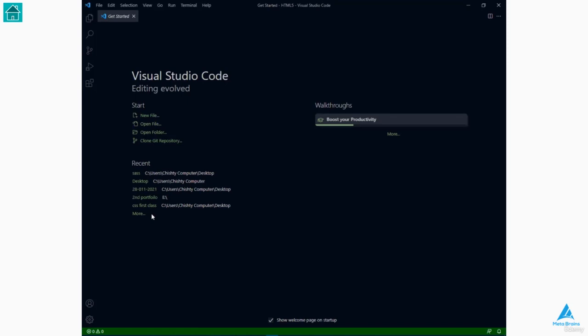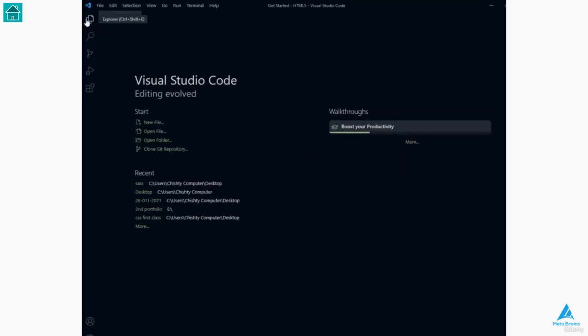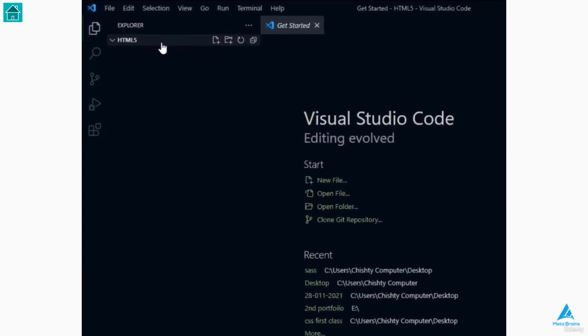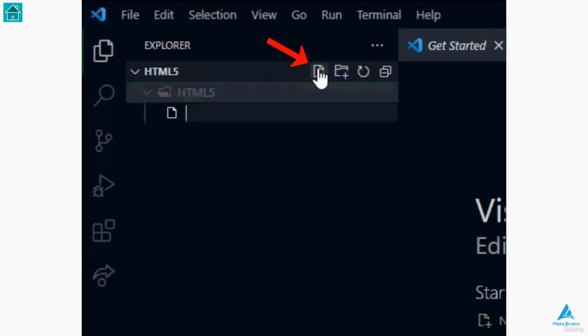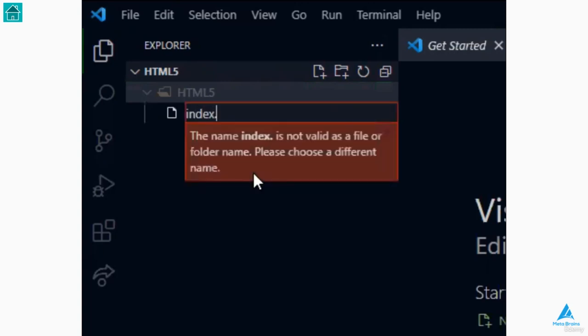So first click on New File. When you click on it, you can create a new file. So that's what I'll do. You click here to create a main folder for your project. Firstly, I'll make a folder and then I'll name it HTML5. Now click on this icon. And you see that a new file was created inside the folder. I'll create a new file inside this folder and name it